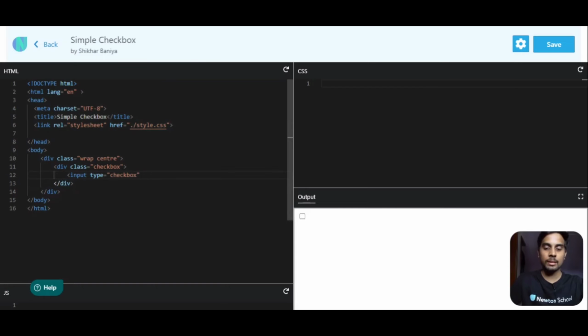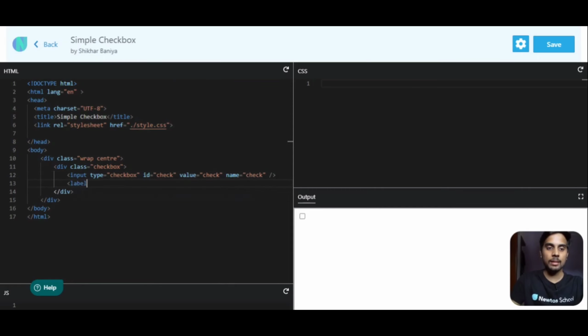Okay, let's give it an ID of check, also a value of check, and name of this input box will also be check. Okay, so our input box is complete.